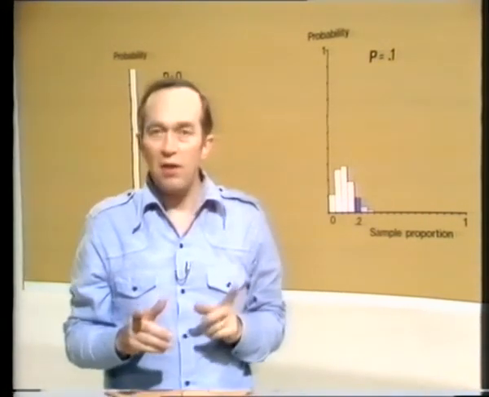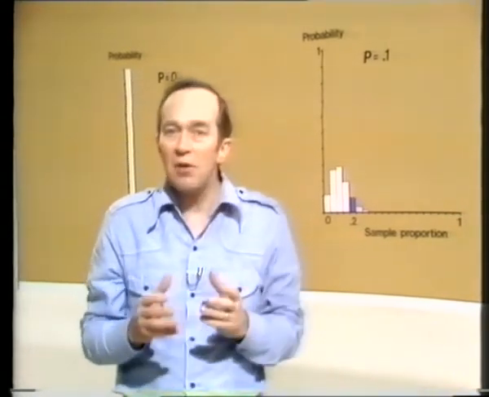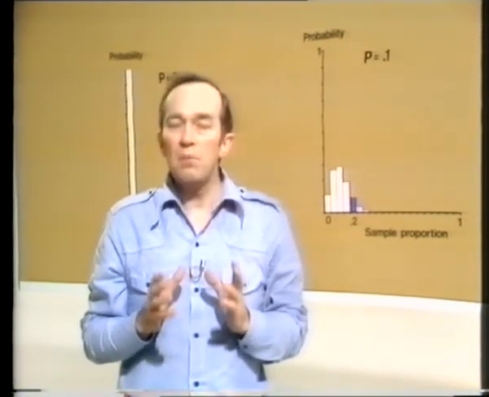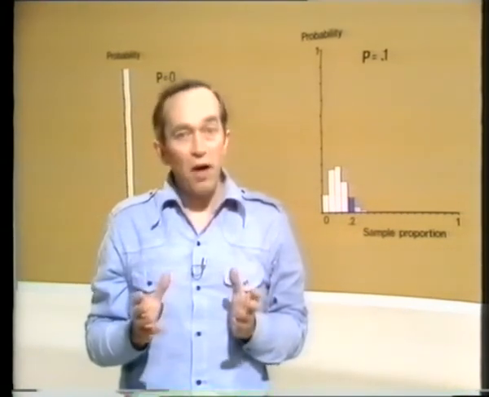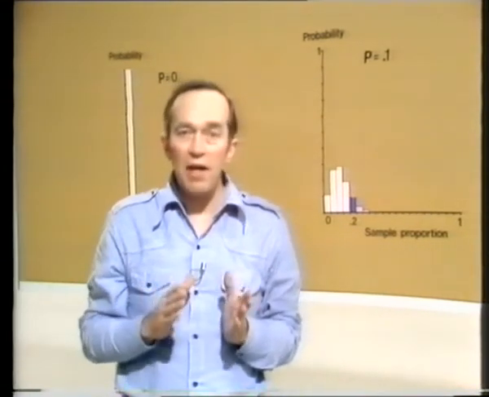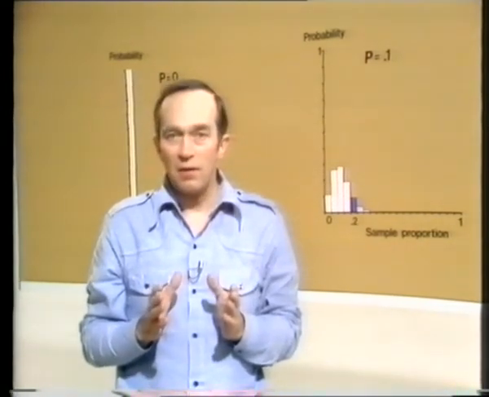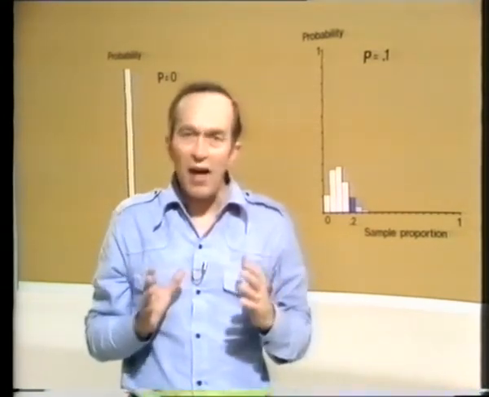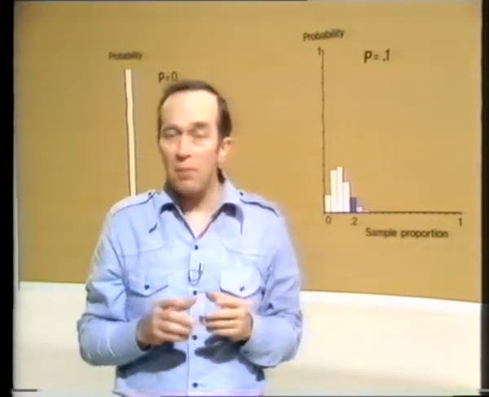Well, we've illustrated this theory with a very small sample size deliberately, because it's clearer, I think, that way. But even when the sample size is large, the problem is still there. Even, for instance, when we're talking about 500 parents, as we were in our original problem, the problem of sampling variability is still a thing that you have to take into account. And drawing the line between those values of p that you would accept and those that you would reject is one of the important ideas of statistics, which is taken up in the correspondence text.